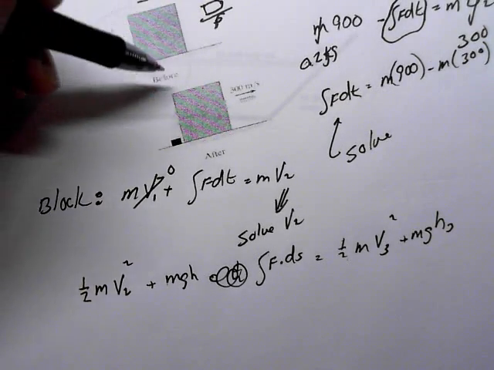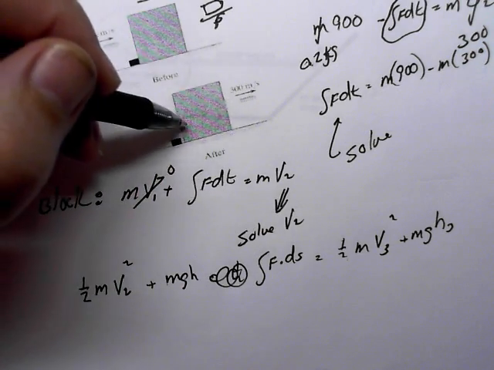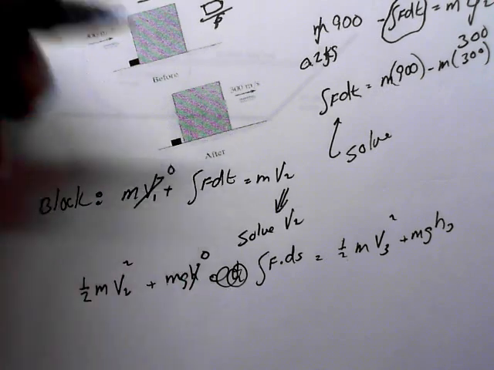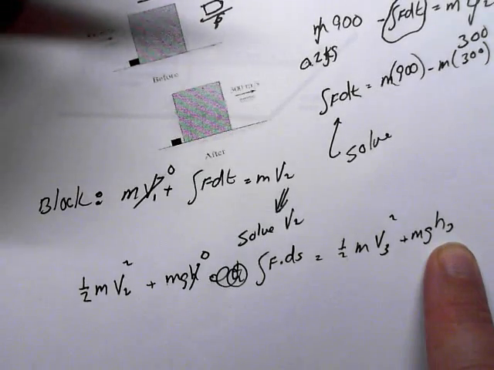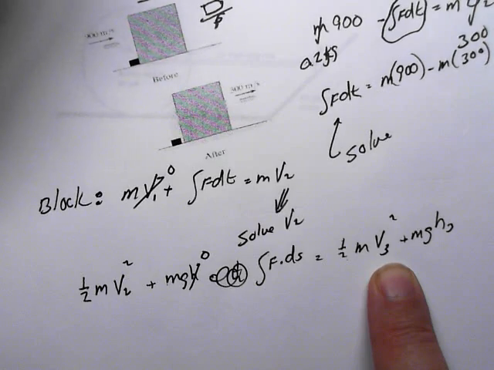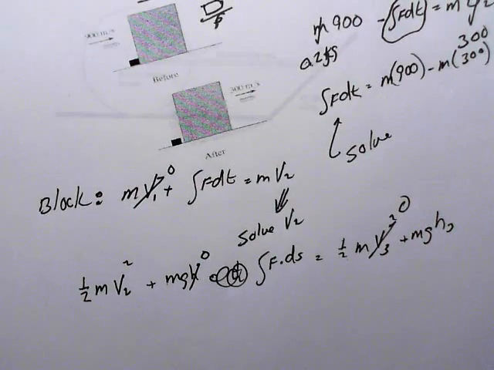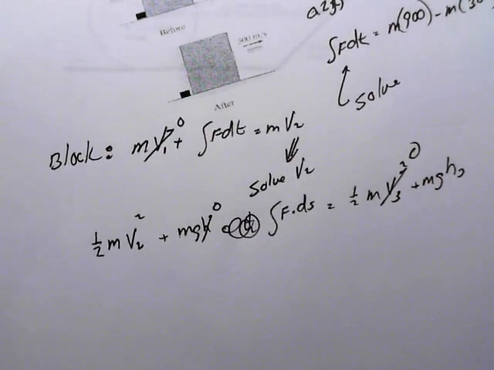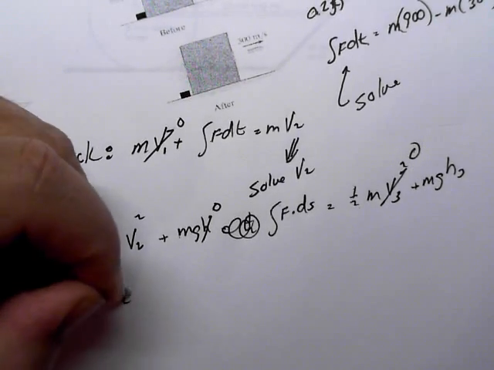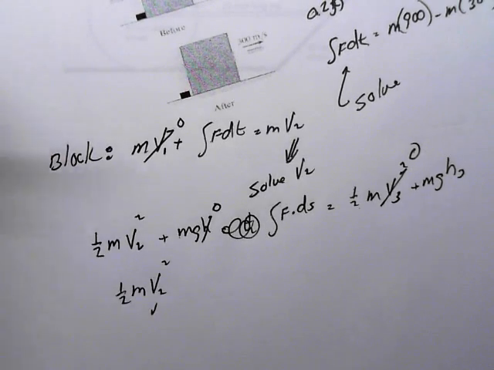We are starting from the velocity right after the impact, v2, which we know. This is the lowest point in the problem, so let's call that h equals 0, and we will simply leave that one alone as an h. And this v3, we said where does it come to a stop, is that right? Distance the block slides up the slope before coming to a stop, and so that term goes to 0. And so what we'll have left is 1/2 m v2 squared, and we know the v2,